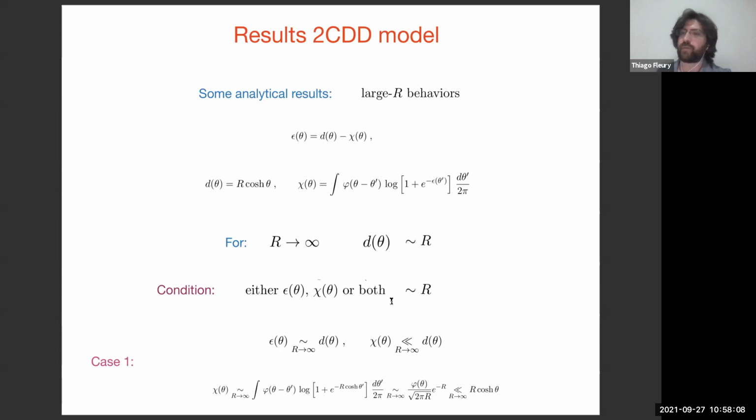So there is this case one that is related to the primary branch, the usual one. In the usual one, what happens is that this convolution term is very small, and the pseudo-rapidity is growing like the driving term. So this is consistent, and it's a possible large R behavior, and you know that this is the primary one. But there is a case two